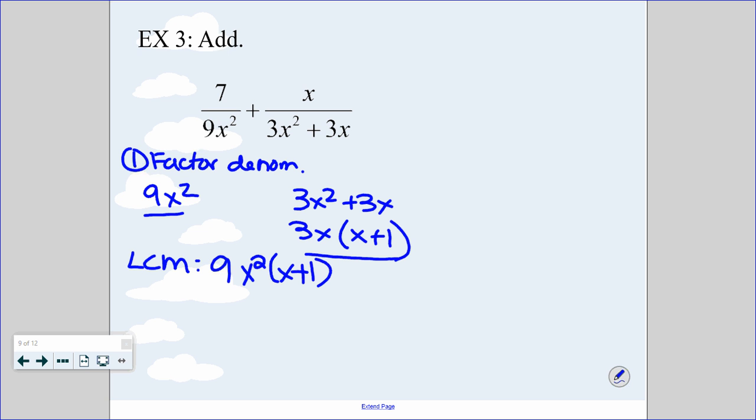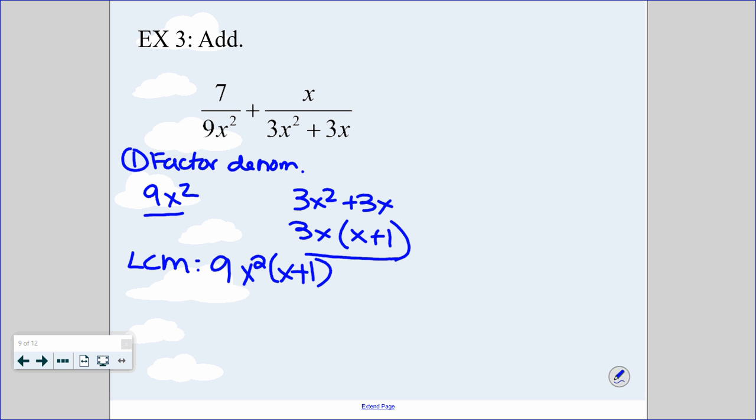So it's kind of like I have 2 Snickers bars and a Kit Kat. I have 2 x's and an x plus 1. Okay? You understand that least common multiple part? A little bit? Okay. So now let's look at the fraction. So this is what our denominator is going to have to be for both fractions in order to add them